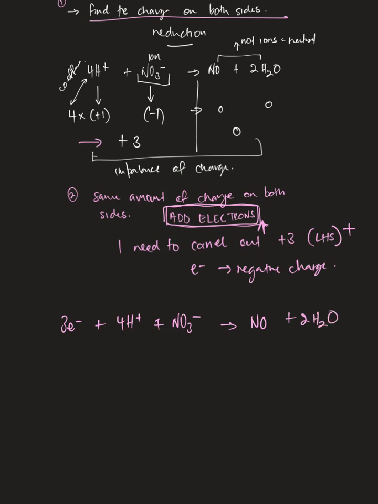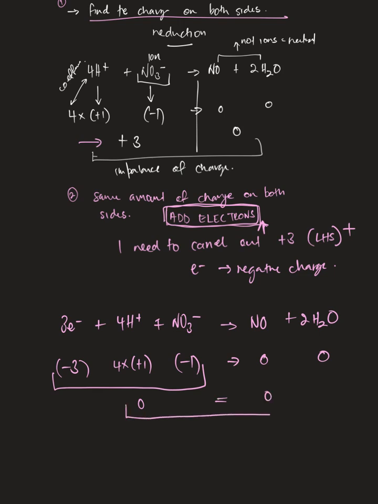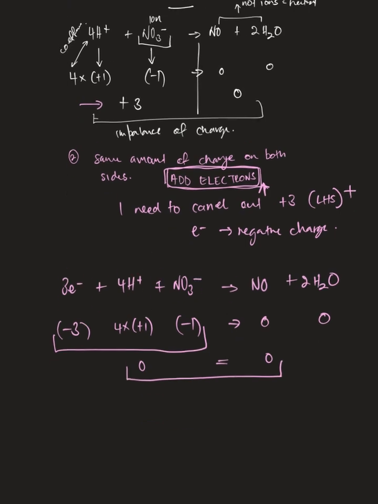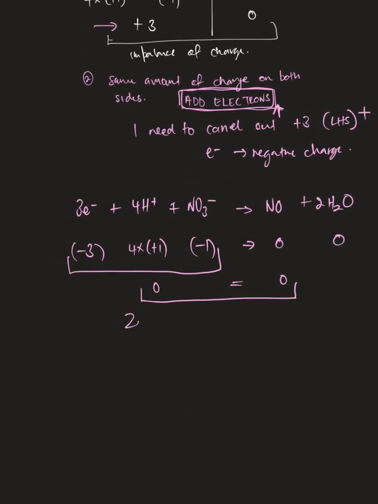Right, now let's see how that works out. The first thing I've got here is negative 3 as a charge. Here I know I've got 4 times positive 1, and over here I had negative 1. And on this side I had 0 and 0. So when I look at the overall charge here, what's negative 3 plus negative 1? That's negative 4, plus 4 is 0, which is also equal to 0. So can you see how now I have a situation where I have 0, or rather no charge,